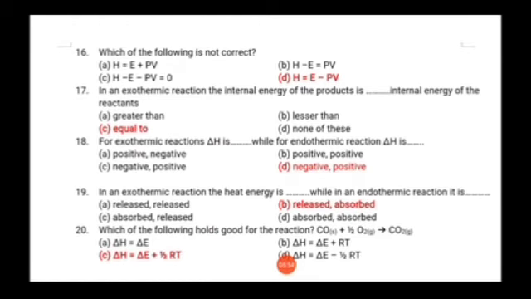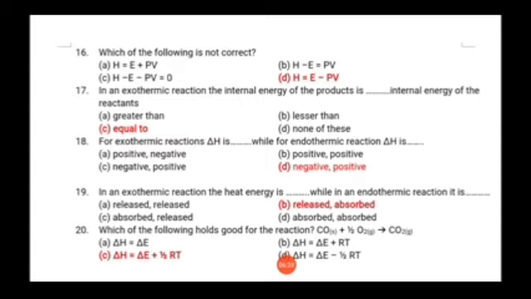So students, if you have learned this topic of exothermic reaction, you must know that whenever there is an exothermic reaction, heat is always released, and in an endothermic reaction, heat is absorbed. So the correct option is option B, where the answers are released and absorbed. For exothermic, heat is released, and for endothermic, heat is absorbed.